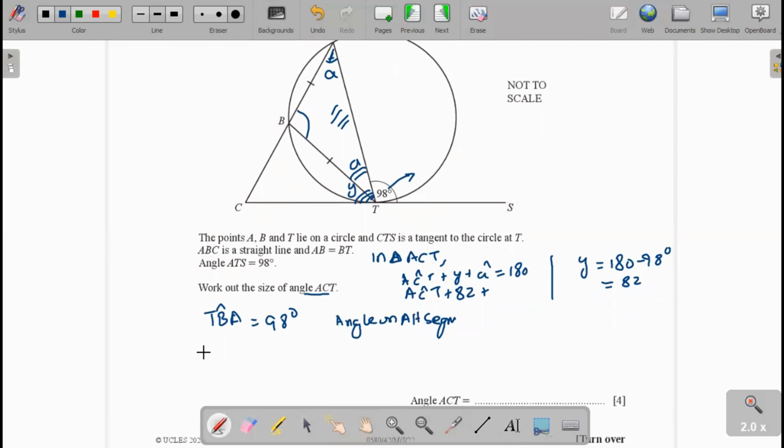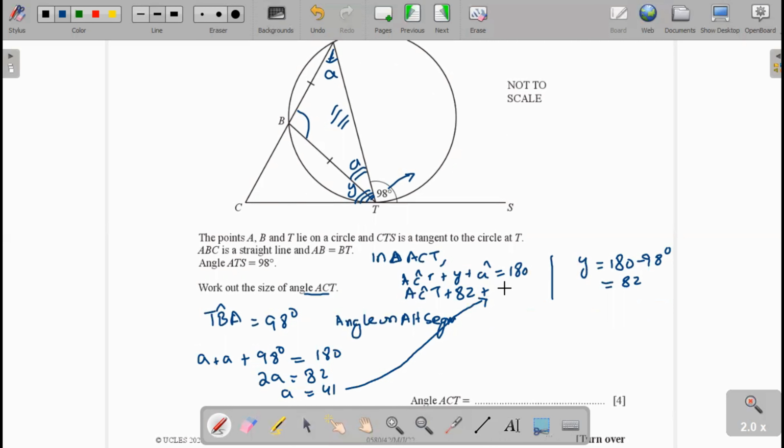Find the angle A, taking the triangle PBA: angle A plus angle A plus angle PBA, which is 98 degrees, is equal to 180, and 2A will be equal to 82 degrees, A will be equal to 41 degrees. Now we put this value here,